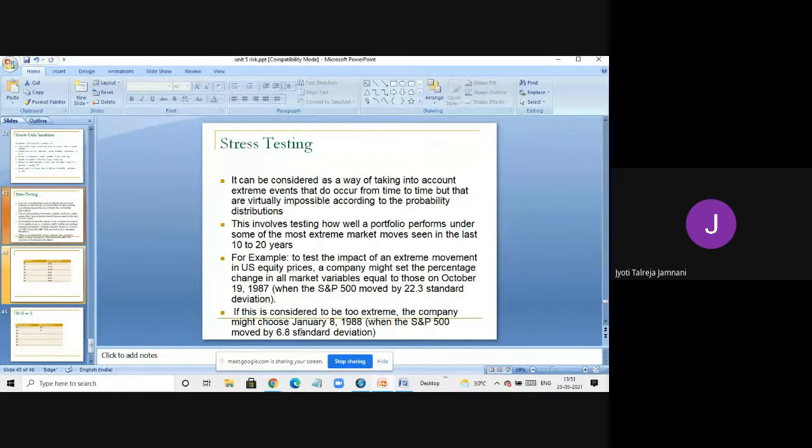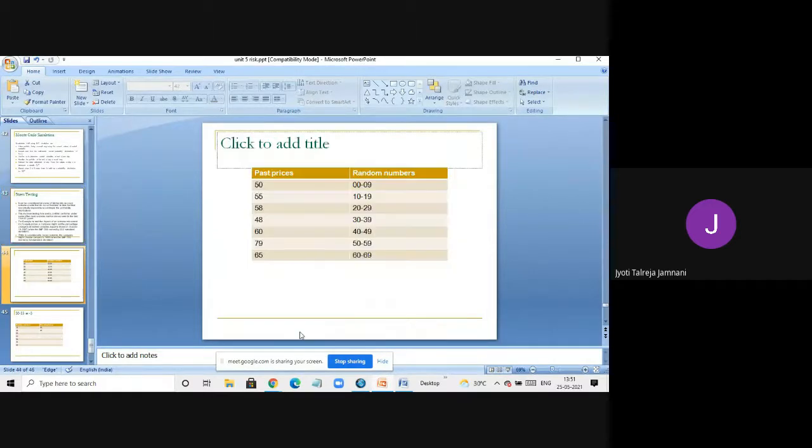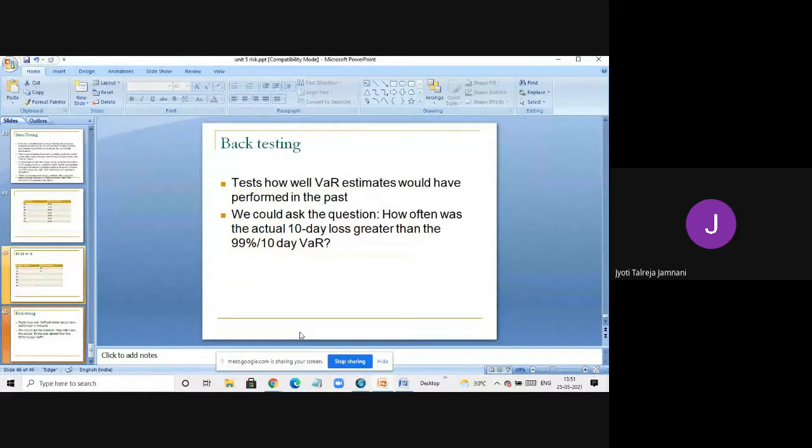That is the extreme that has happened, which no one had predicted, and according to the normal distribution, things cannot go that bad, but it has happened in the past. So that was stress testing. Next is back testing. In back testing, back means going backward. We are just testing a portfolio with past data, not the extreme event, not how badly things had gone, but just the last 10 days, last 100 days, how the prices were. If my portfolio had to be compared with that in the past, how much would I have lost or how much would I have gained.